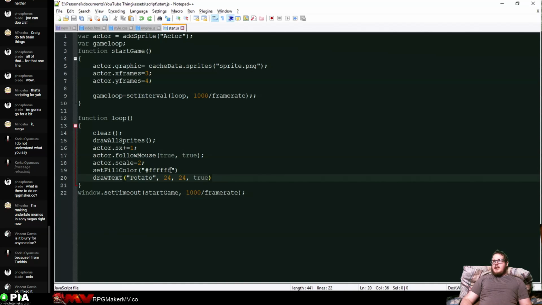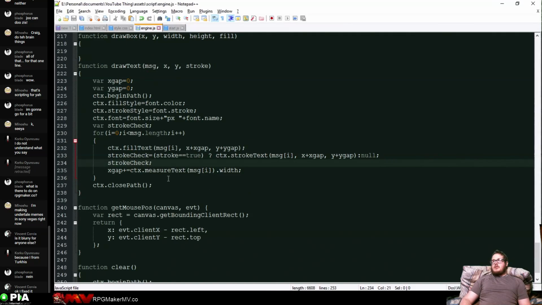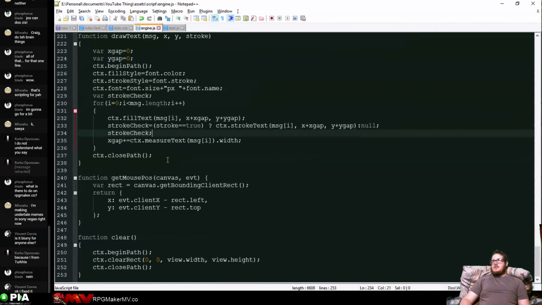Now, if we try to do something like this, for example, potato \n caret, you'll see that the \n does not do a line break. So what we need to do is